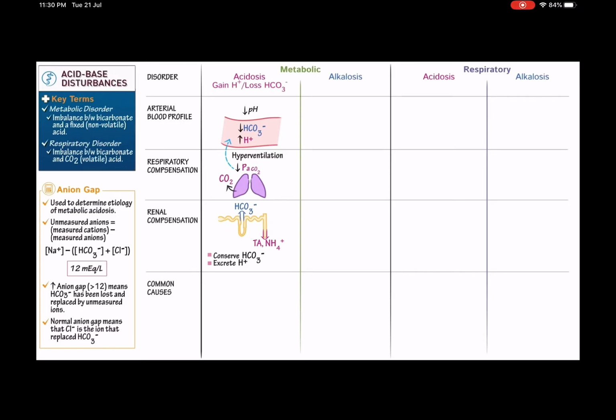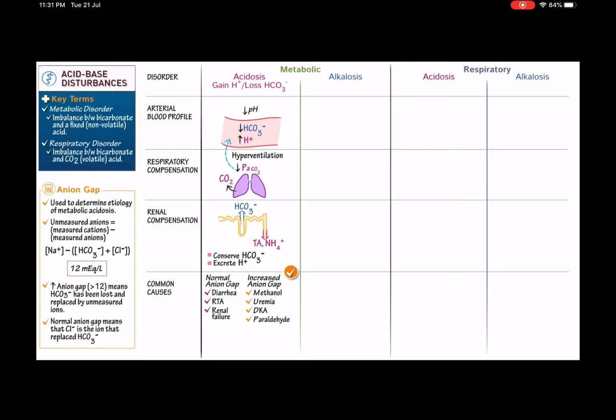Common causes associated with a normal gap include diarrhea, renal tubular acidosis, and renal failure. Common causes associated with an increased anion gap include the following, which can be remembered with the mnemonic MUD PILES, which stands for methanol intoxication. Methanol is also called wood alcohol, commonly found in antifreeze in industrial settings. Uremia, diabetic ketoacidosis,